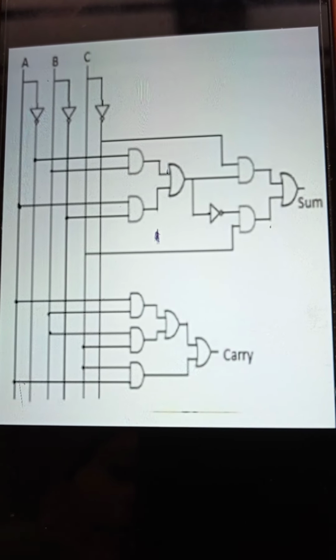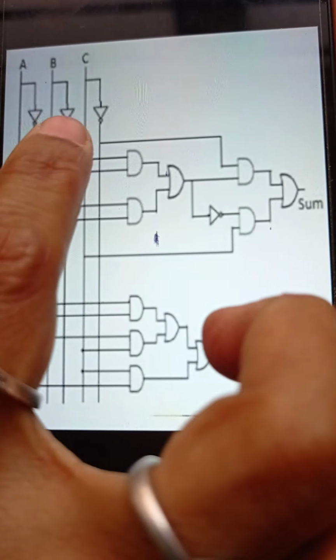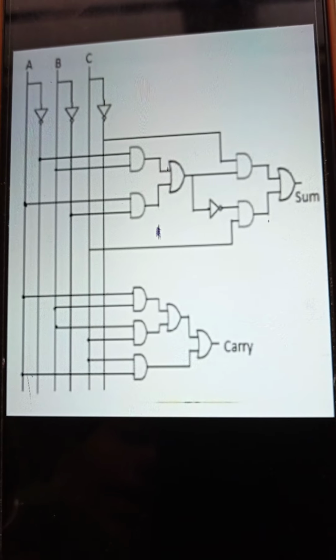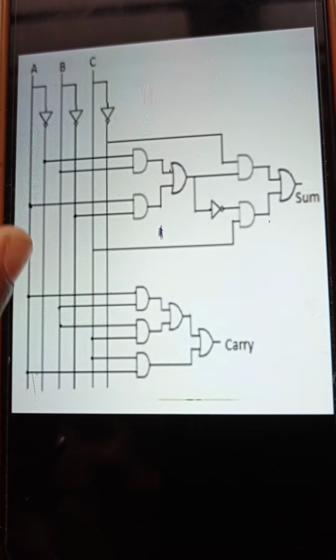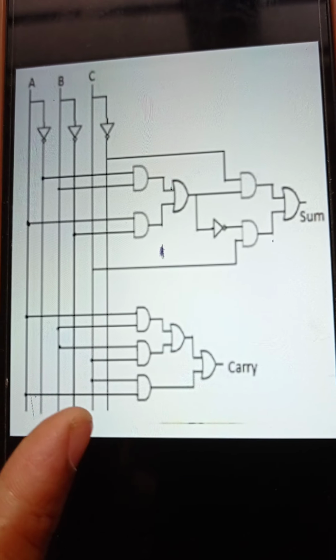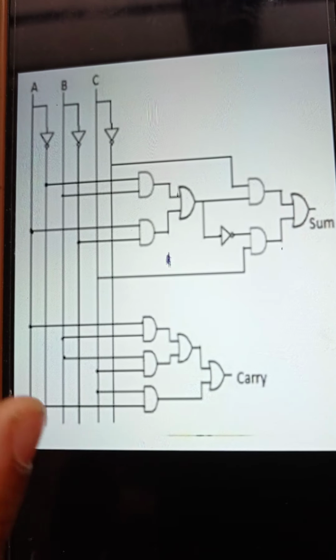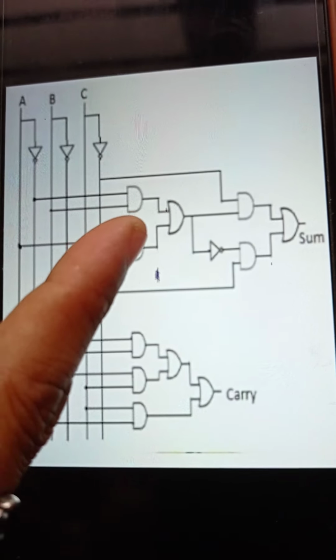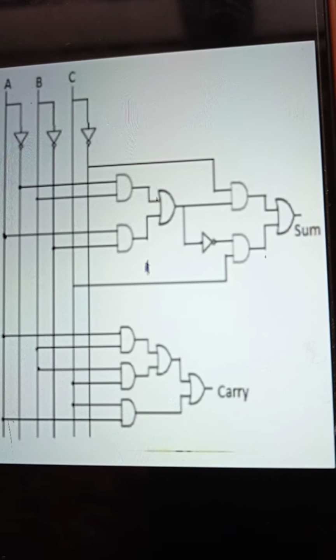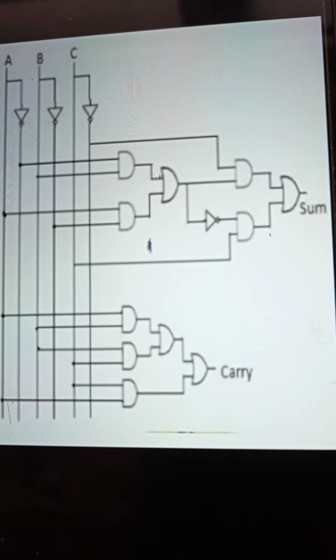For this we need NOT gate 1 IC, that is 7404, and AND gate 2 ICs required, because from one IC you can connect 4 AND gates and from other IC you can connect 3 AND gates. And here we are using 2 OR gates and here 2 OR gates. 4 OR gates can be connected for 7432 IC.